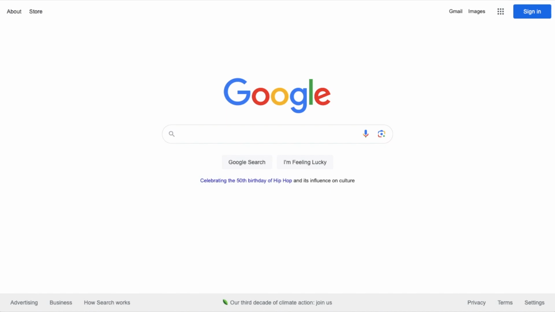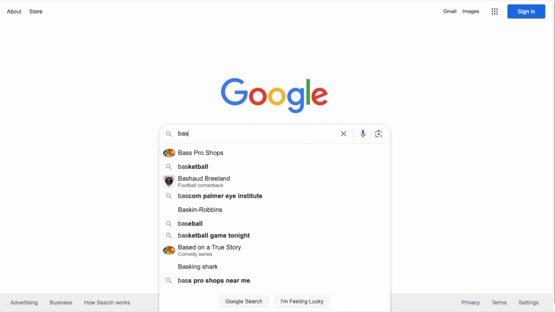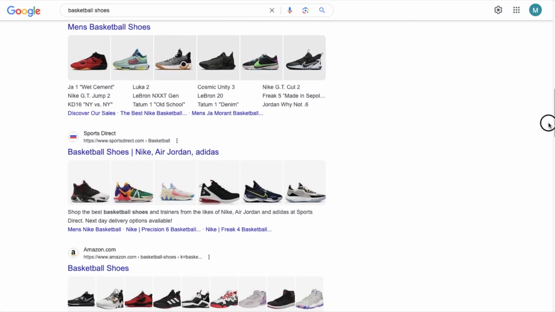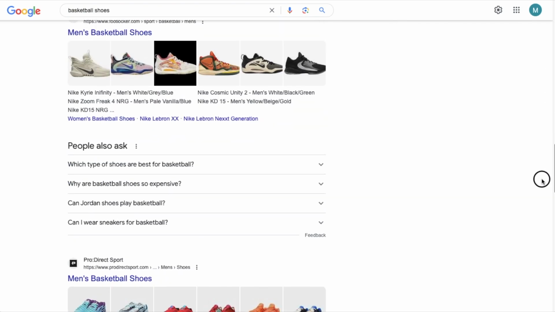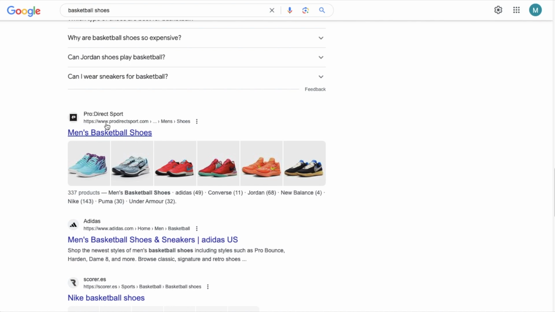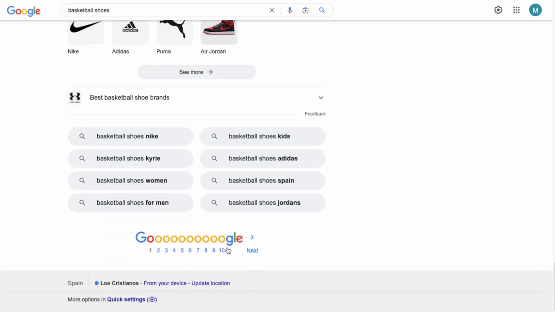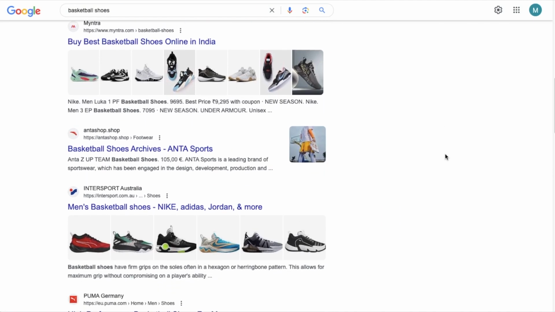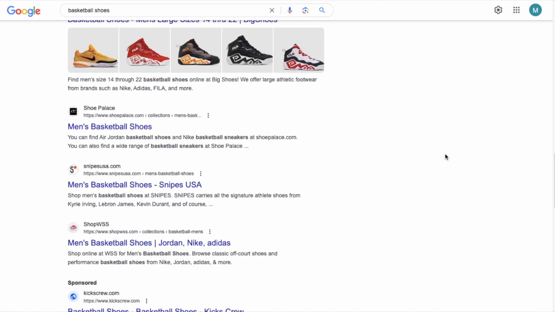Let's get started. Why would you want to monitor Google algorithm updates in the first place? Well, let's say you're a store that sells basketball shoes, and you've done really well with your SEO and wound up on the first page of the Google search results. Let's say this is your store here, Pro Direct Sport. You're not number one, but you're still going to get a tremendous amount of traffic from being on the first page of search results for such a big term as basketball shoes. And let's say after a Google algorithm update, suddenly you end up over here on page 4. So we want to track Google algorithm updates because they can have such a huge impact on our ranking in